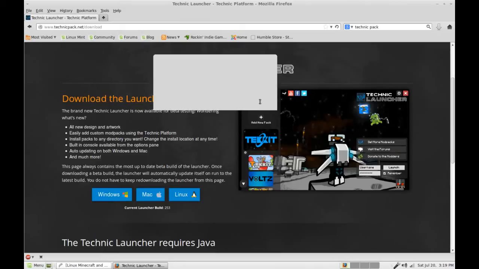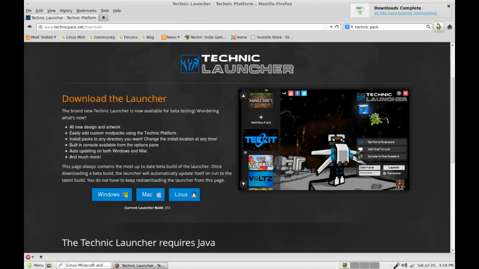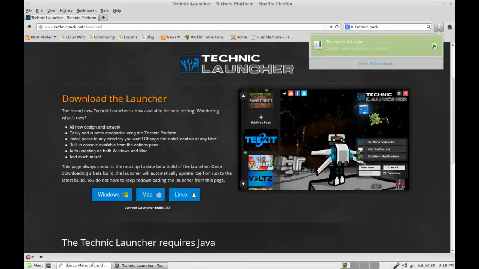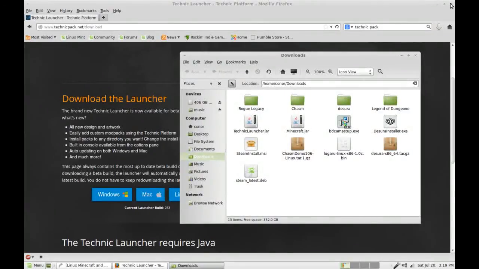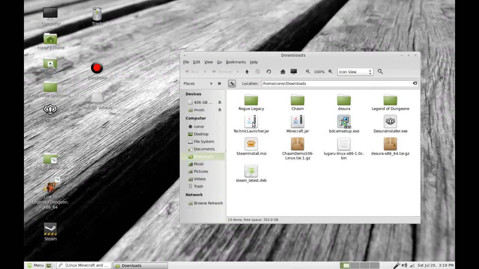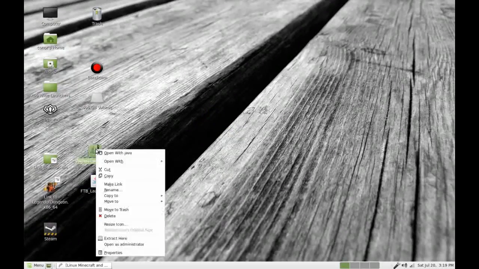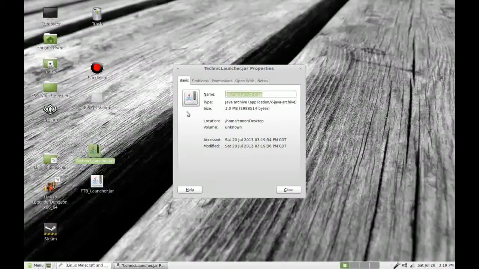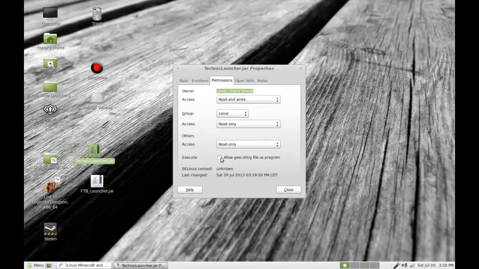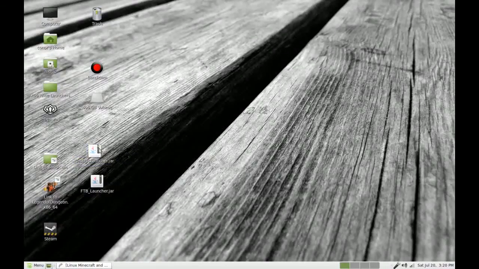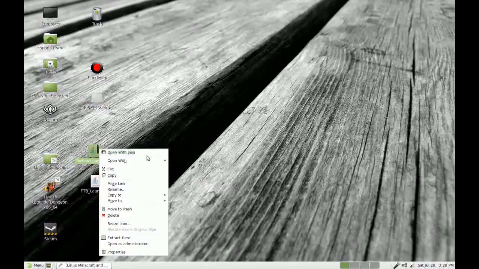Now we're going to save this file, and since this is going to be our launcher, we're actually going to move it someplace else. So let's open the folder again so I can see where it is. It's going to be here, but I might want to use it later, so I'm going to actually just drag it to my desktop. Because like the Feed the Beast launcher, I want to be able to just double click and launch it, right? Now let's make sure that it's executable. Permissions. It's not, so we have to check that. And now we can right click and we can open it with Java, because now our operating system recognizes